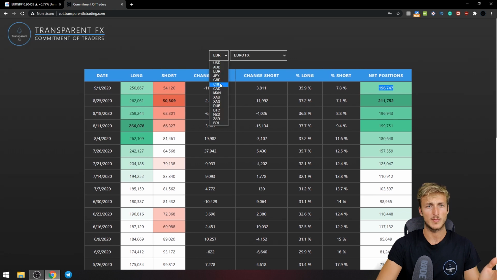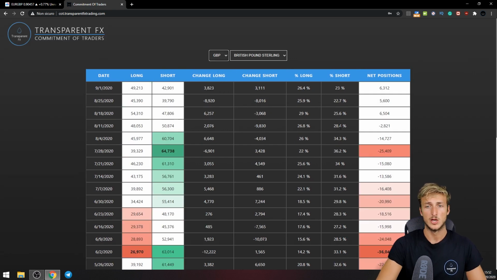And if we go and see what we have from a GBP perspective, what we can see. Now, from a GBP perspective, we can see that we shifted from minus 25k net positions all the way up to 6k net positions. So we went from having way more shorts than longs with 64k shorts and 39k longs to having more longs than shorts with currently 49k longs and 42k shorts, which shows that in the short term, we have seen some shorts getting added. And net positions are not changing anymore, meaning that we can still expect some GBP weakness to continue in the